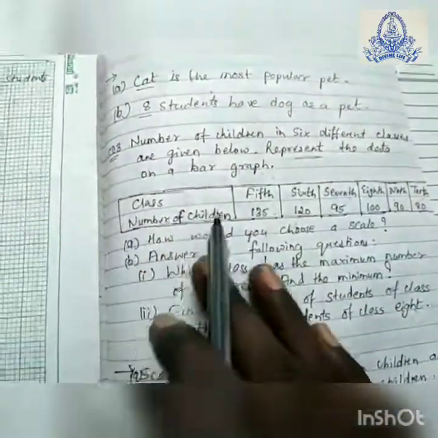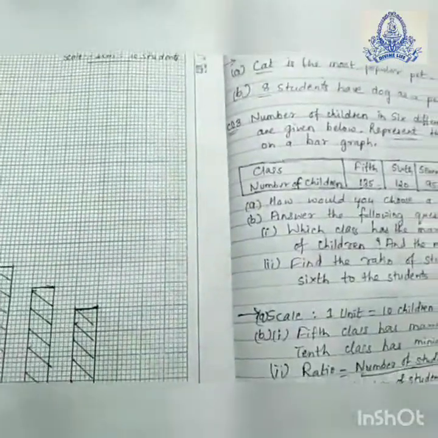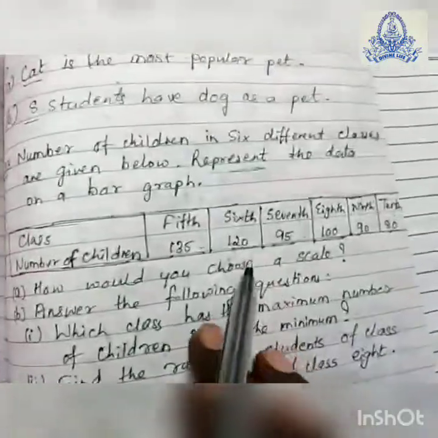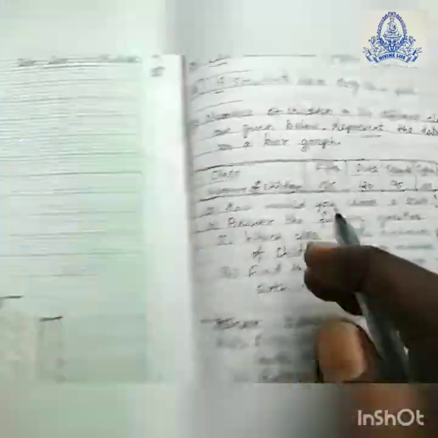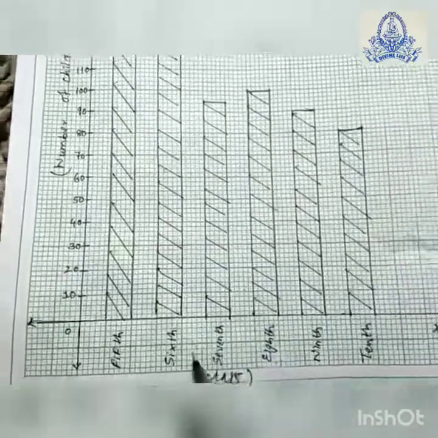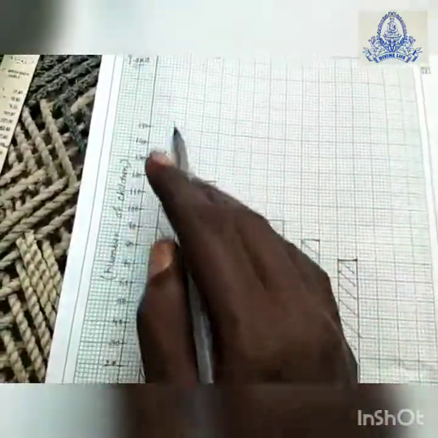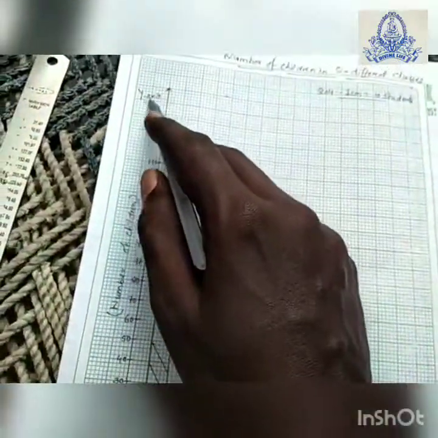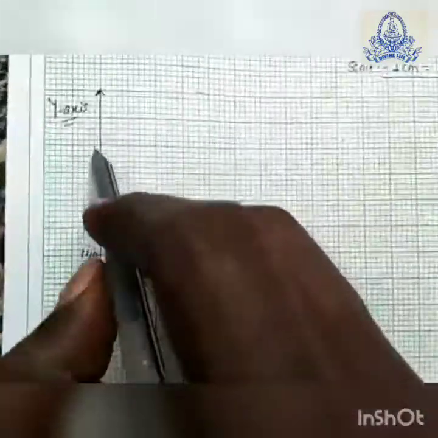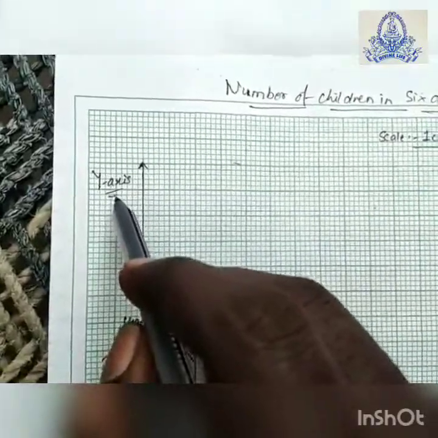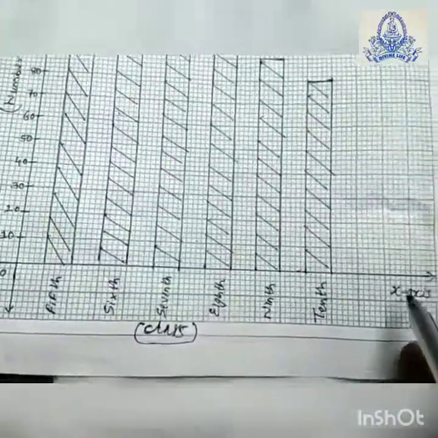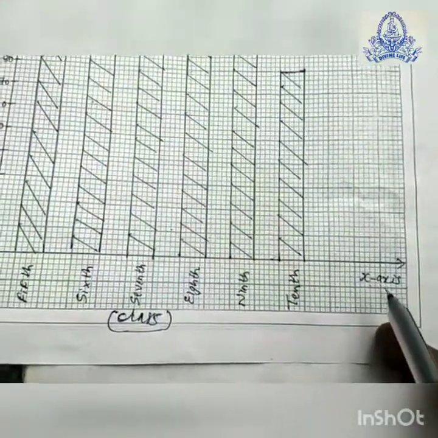So I have drawn the bar graph. You can see the way I am explaining how to draw a bar graph of the numbers given in this observation. See students, there are an x-axis and a y-axis. This vertical line we have to draw first of all. It is known as the y-axis. See properly. On the x-axis we have to draw a horizontal line. This horizontal line is the x-axis.